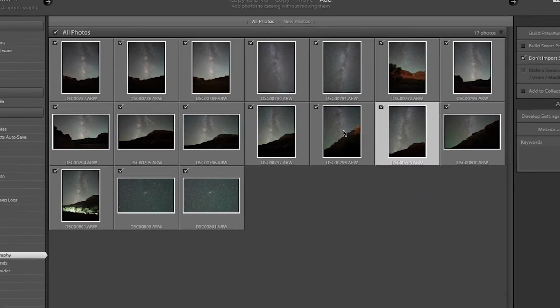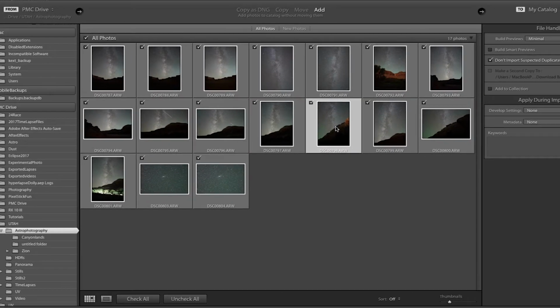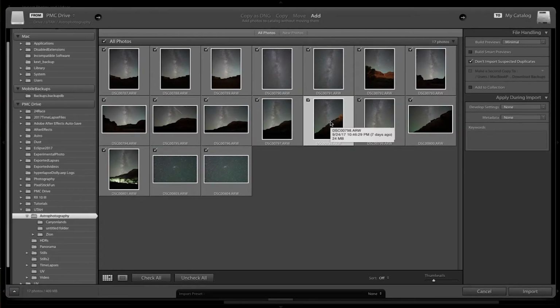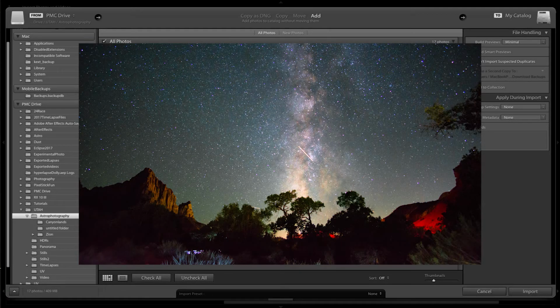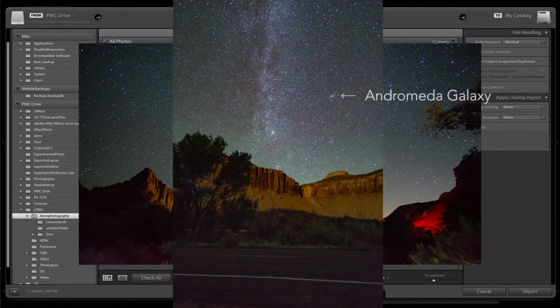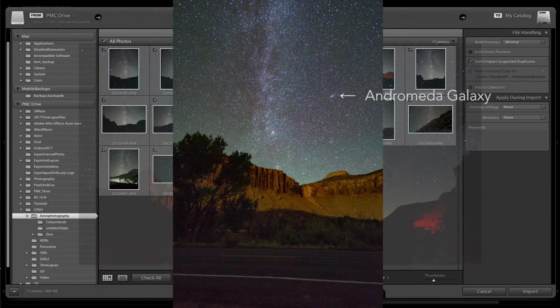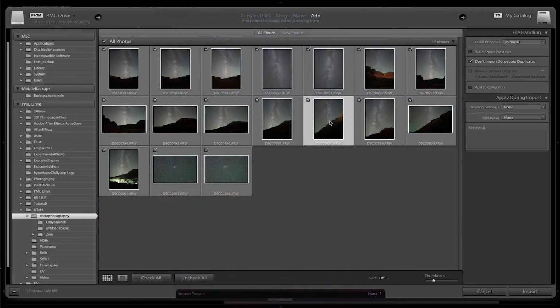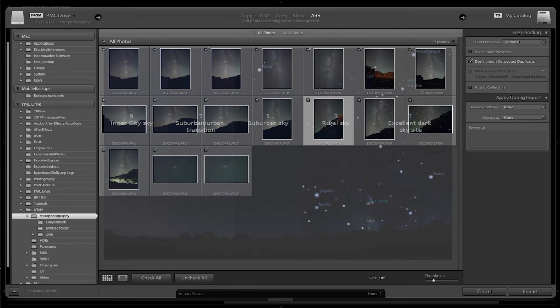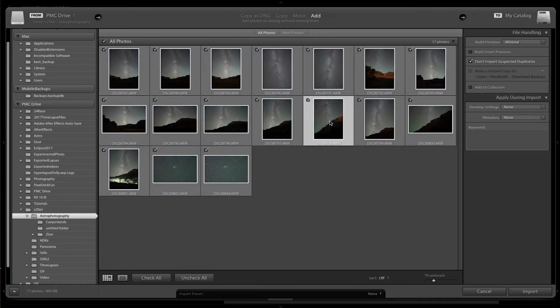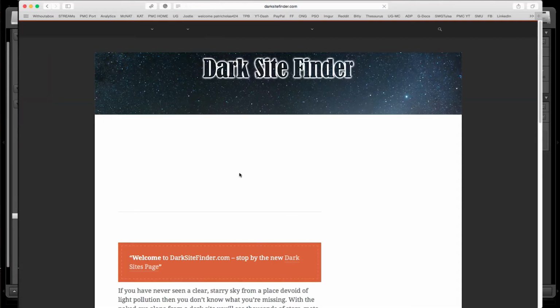But not only is the location important for the darkness of the sky, but also for the pleasing foreground shot. So in other words, this tutorial isn't necessarily geared for the deep space objects, more wide field and astro-landscape. So location is everything. When you're choosing your location, there are certain things you can control and certain things that you can't. To find the darkest skies near you, you can go to darksitefinder.com,